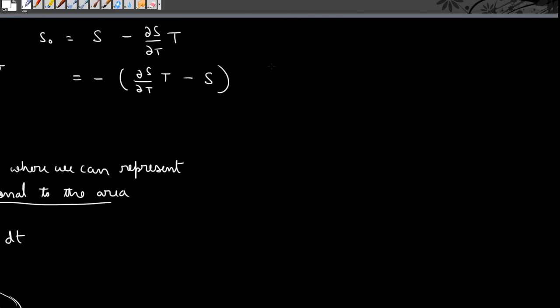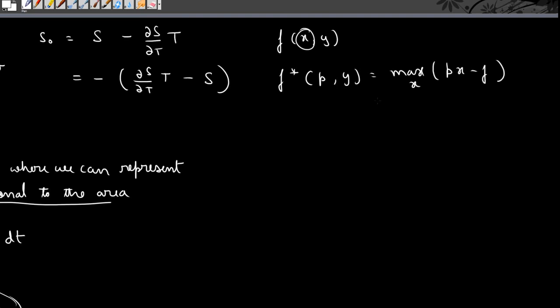S. So this, if you compare with our equation for Legendre transform, for example, if we have a function which depends on x and y, and I take the Legendre transform with respect to x, then our Legendre transform f star of p, y is given by maximizing over x the function px minus f. Okay, and this is equal to ∂f/∂x times x minus f. Okay, so to avoid confusion, we'll use x dash here, and here this x corresponds to the value of x dash for which this takes the maximum value. This is how we define the Legendre transform.